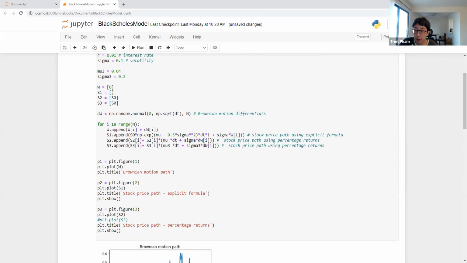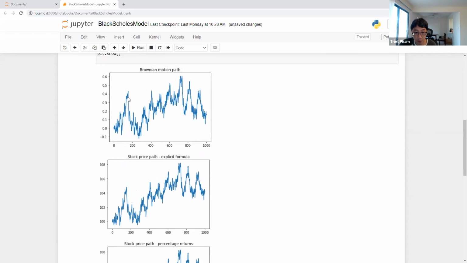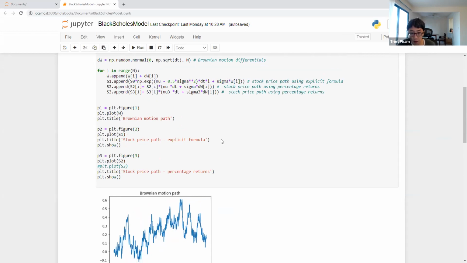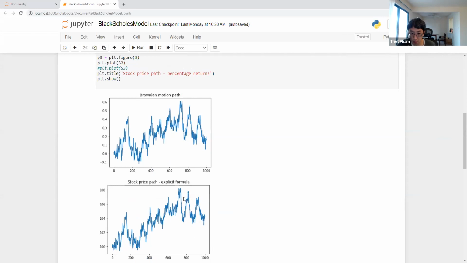So exponential being an increasing function, if the Brownian motion decreases, then the exponential decreases. Sorry, if the Brownian motion increases, then the exponential increases. Of course, the mu minus 1/2 sigma squared part may somehow contribute, but its contribution is more in terms of scaling, and it doesn't really affect the qualitative behavior in how these two look the same.